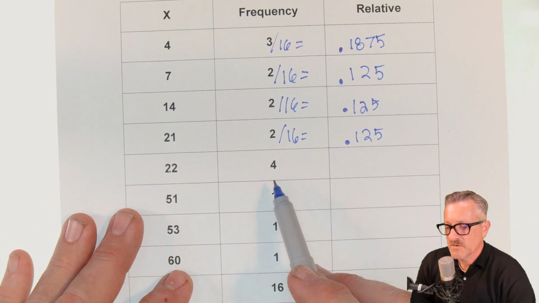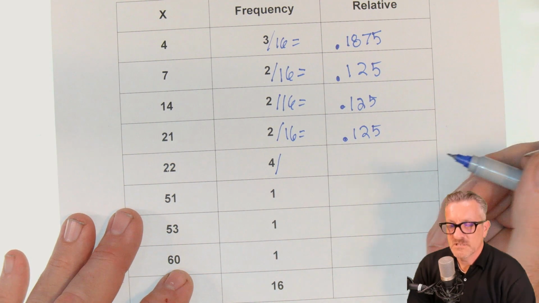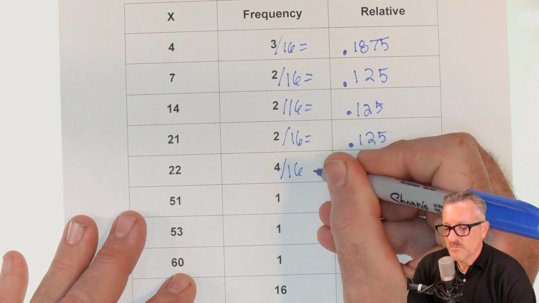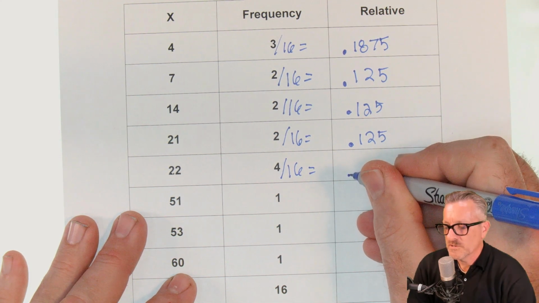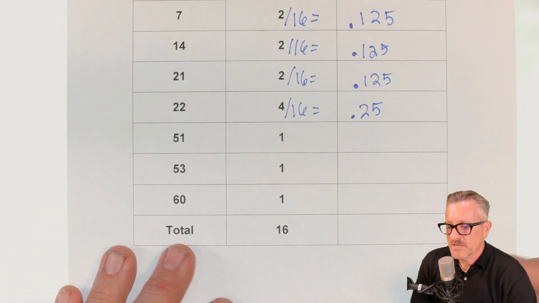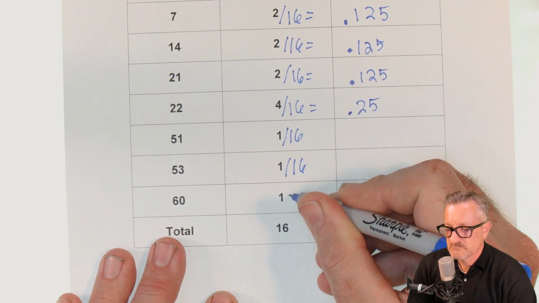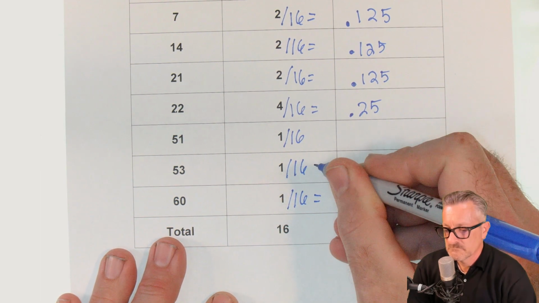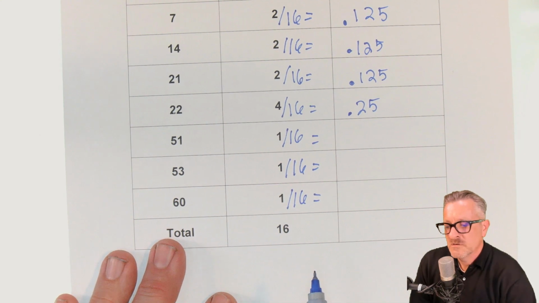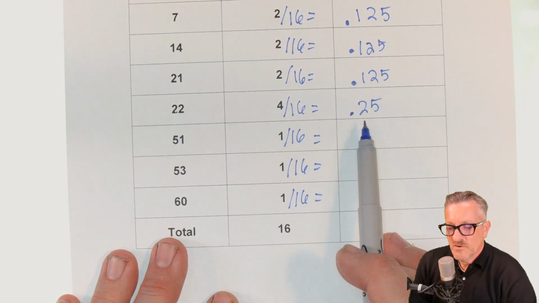And then for 4, we need to do the calculation, which would be 4 sixteenths. And 4 sixteenths, you could reduce it down to 1/4, right? So we end up with 0.25. And then for 1, we have 1 sixteenth. Technically, you could leave them as fractions if you wanted to. These are nice round numbers in that they don't go on forever.